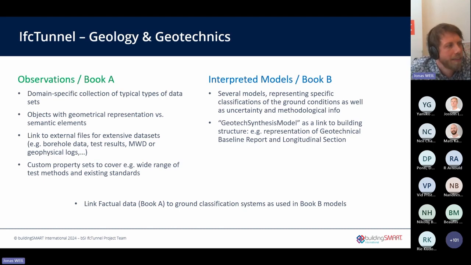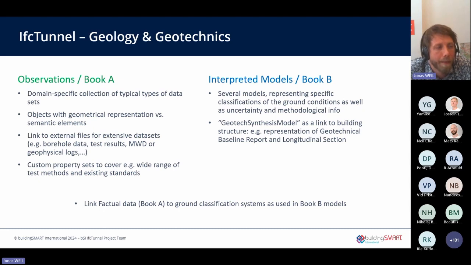Then most important for us not to overload the schema, but give a chance to link external files, to use IFC as kind of a front end connection to the design model, visualization tool, but have the chance to include very complex data sets. And then one thing that is already applied and that is commonly used in IFC are custom property sets, because of course we cannot define all necessary properties to describe certain tests, certain aspects that might be relevant in a project, in a country, according to a certain standard and so on.